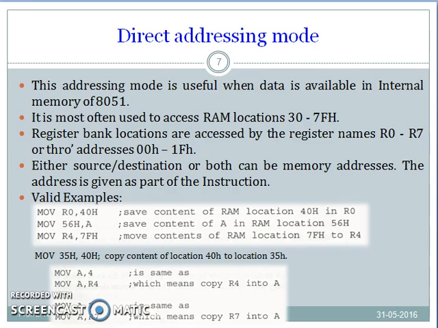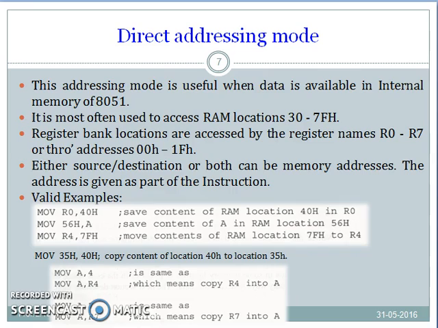Most of the time, the data is available in the locations 30H to 7FH, and the register bank locations can also be accessed using addresses like 0 to 1FH. So the source, or the destination, or both can be memory addresses in this particular addressing mode. For example, if we write MOV R0, 40H, it means copy the contents of the memory location